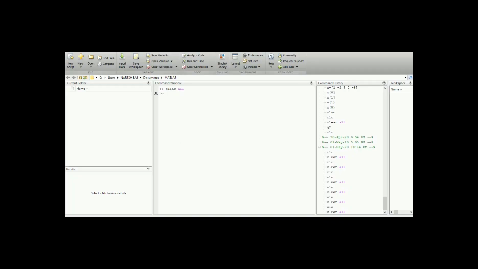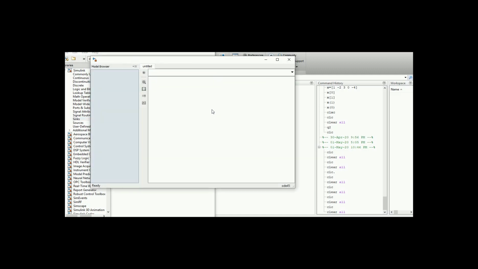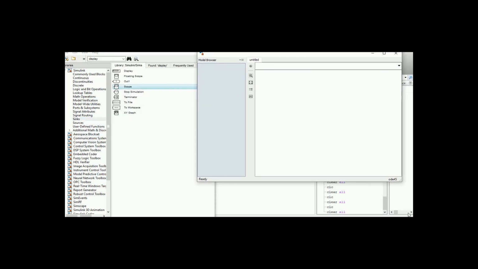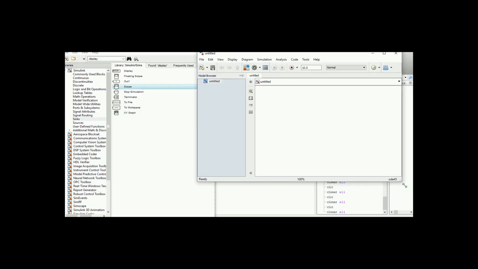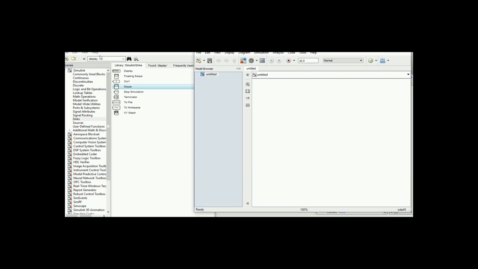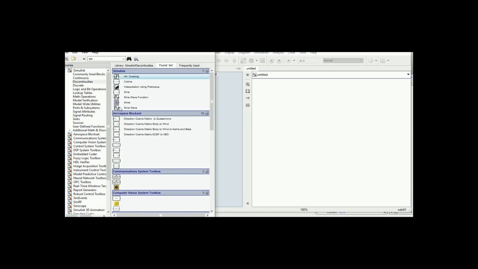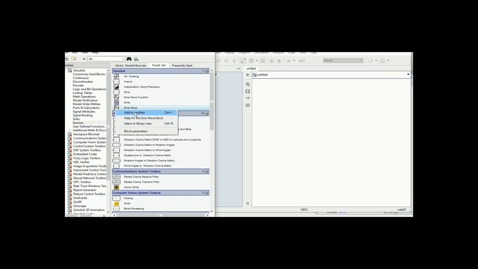For sin square x plus cos square x equal to 1, we click on the Simulink library and a Simulink library will open. Now we click on the block for a new model, and the model will open. Now we need sine wave blocks from this Simulink library, so we take a sine wave block from the Simulink library.